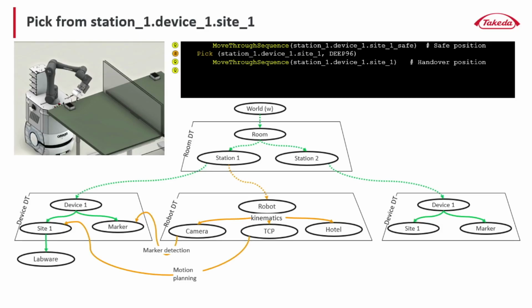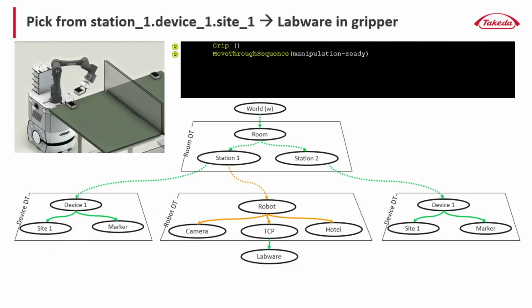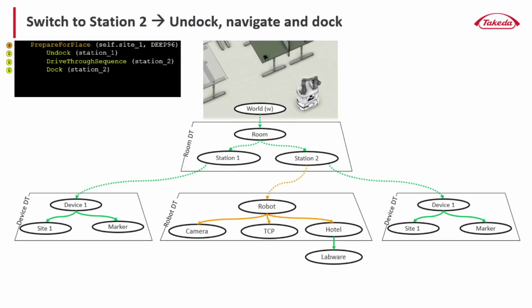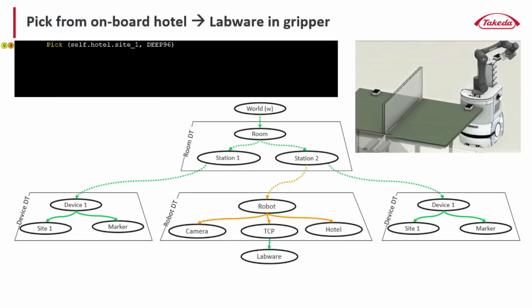So then the pick action is initiated, and a move sequence makes the robot approach the handover site, and then it picks the labware. So then the labware is in the tool center point of the gripper. It needs to put it on the onboard storage, the hotel, navigate to the next station, then pick the labware